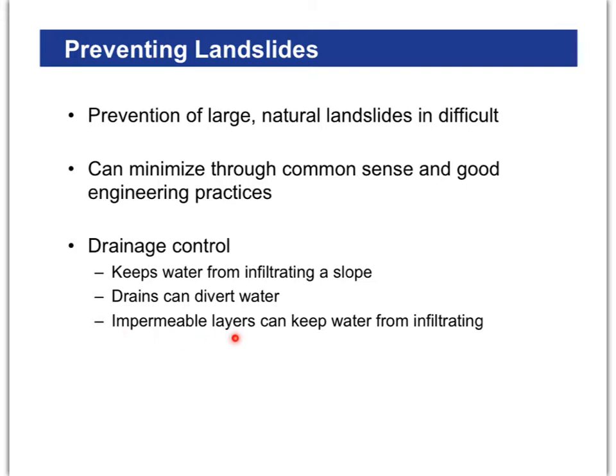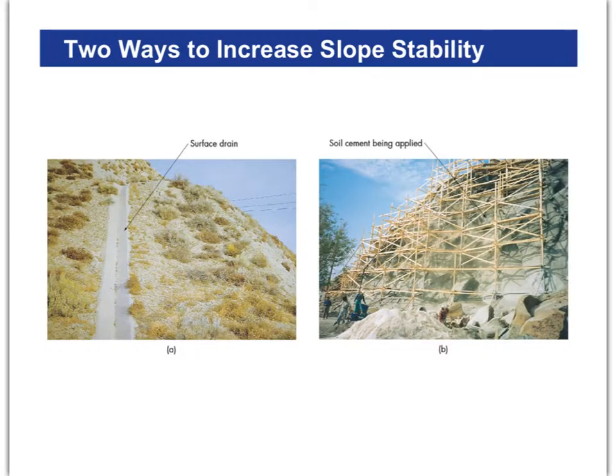Wherever you have an impermeable layer, that is some sort of layer of, say, clay or something like that, or very, very dense rock, that'll prevent water from infiltrating and making the whole side of a hillside soggy. Like I said before, a lot of times you'll see these drains if you're driving on the turnpike and you're going through a hill cut. These drains are so that water can run off safely without infiltrating through the soil.